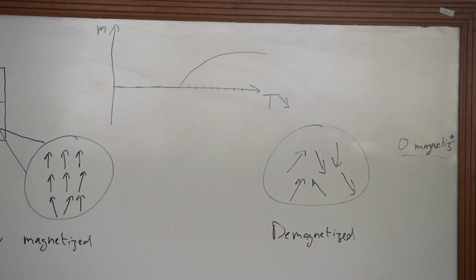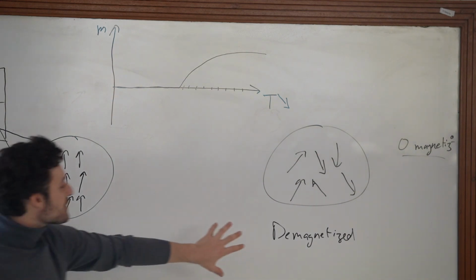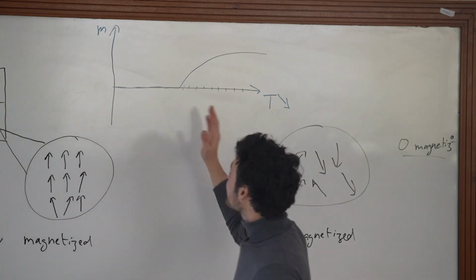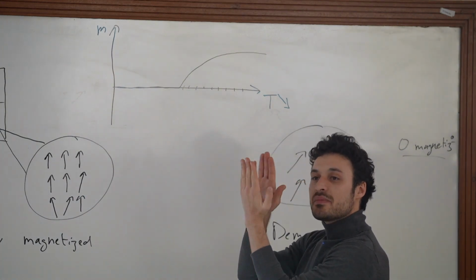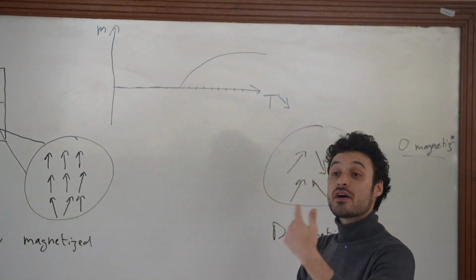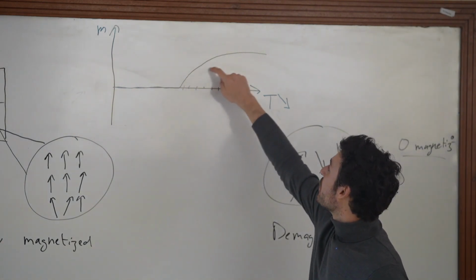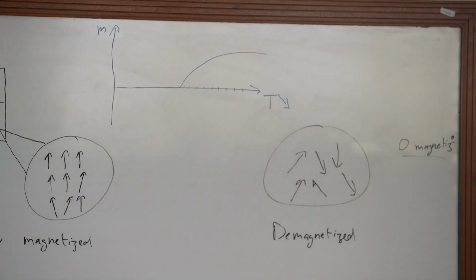In the same way, this is basically how magnets form in the Earth's crust. In the Earth's crust, you have a whole bunch of ferrous metals which have magnetic properties. At the start, they're very hot, they're demagnetized, but eventually they're going to settle into the magnetized state, and what's going to determine the direction of their magnetization is just the Earth's magnetic field. It's the Earth's magnetic field that's going to determine that you're going to go on this branch, and not, for instance, on the other equally probable branch, which is this one.